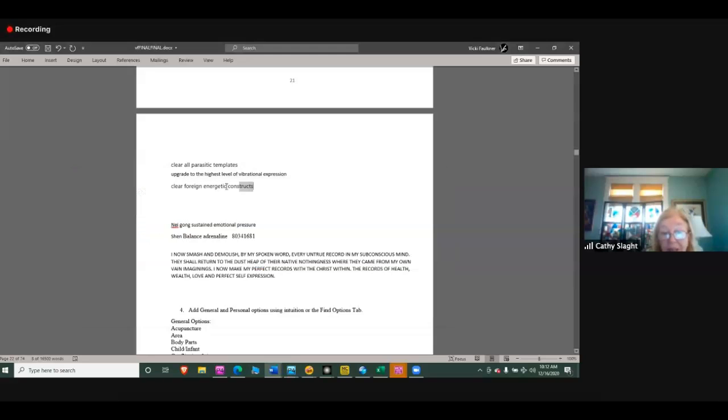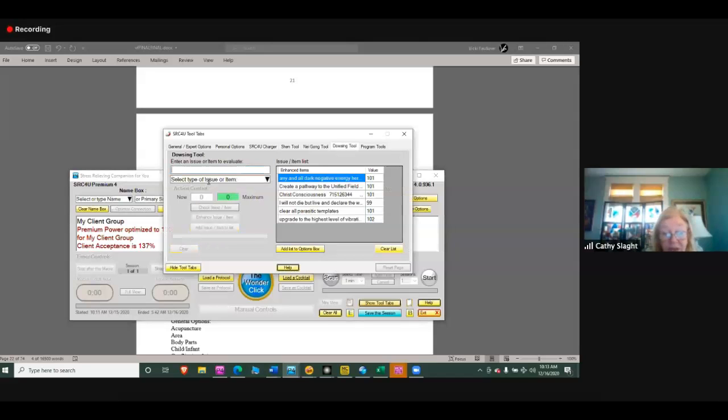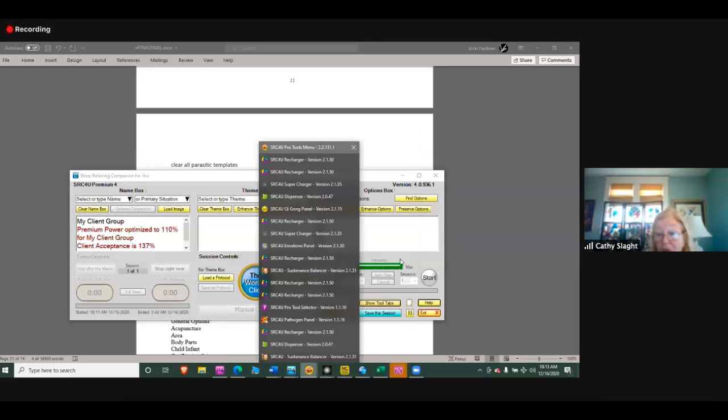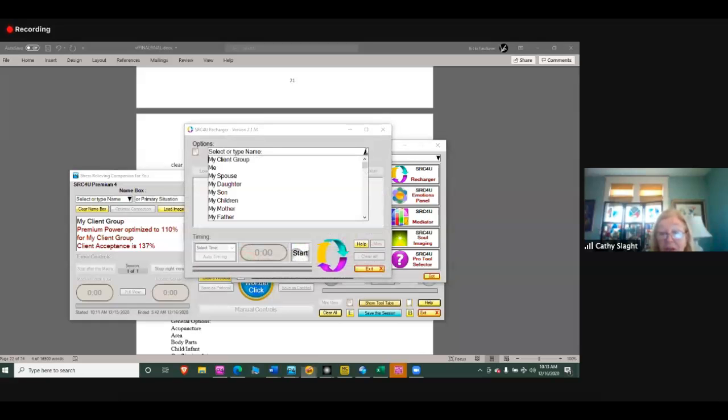And this was another interesting one, clear foreign energetic constructs. That was another one that people who were having some health issues asked for; they didn't resonate with it, and they asked for hours of clearing it with the recharger. So let's just see where we as a group are. And see, that's a low one. So let's go in, let's amp it up. I'm a little low on Pro Tools at this moment in time. But we got one more, so let's go in here and we're going to do clear